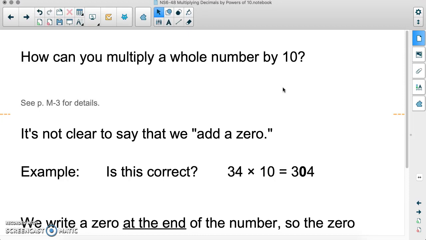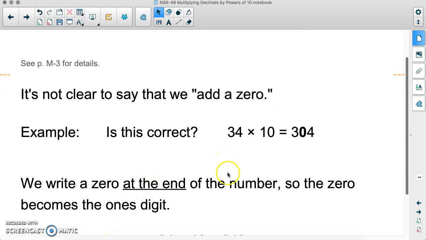But just by saying we add a 0 is not really that clear. Because just by saying add a 0, well, then is this example here correct? 34 times 10 equals 304. Technically, I added a 0, but it's not correct. We have to say that we write the 0 at the end of the number, so the 0 becomes the